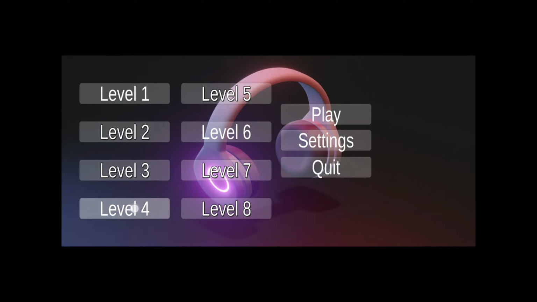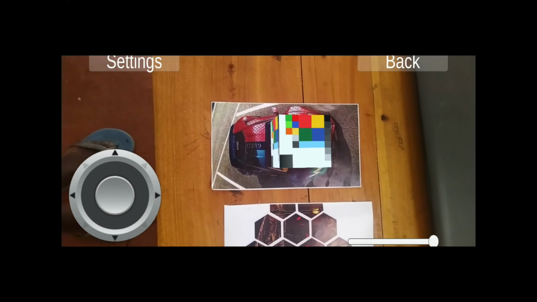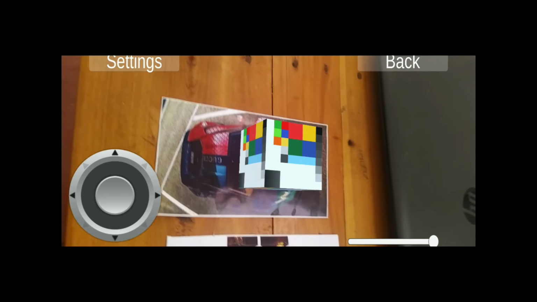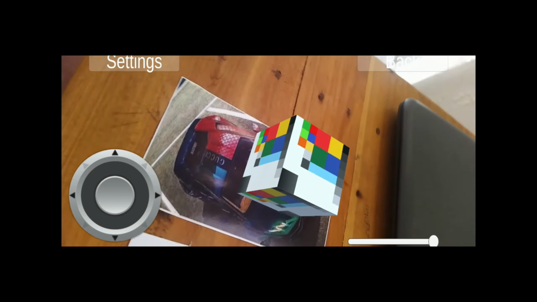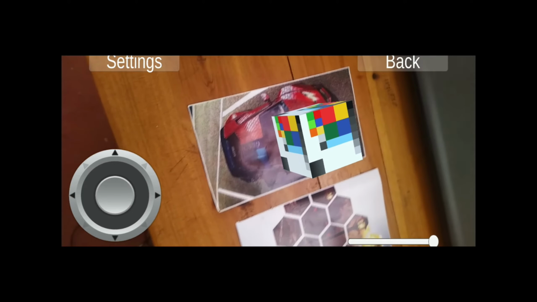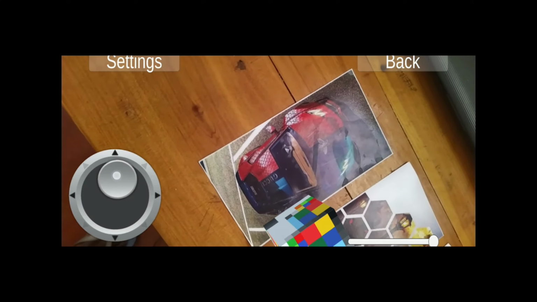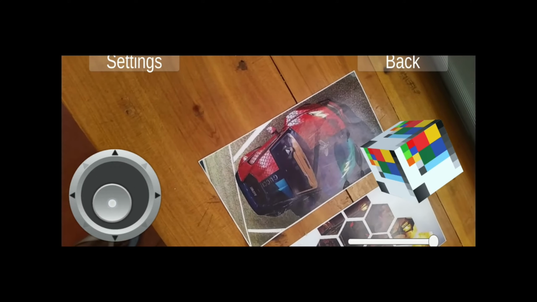These are the levels. I'm going to take you through all the levels from level 1 to level 8. In future updates, I'm going to increase the levels up to about 20 or more. On pressing the play button, at first it does not get the image, and on getting the image it displayed, and also the audio responded. As you can see, this is level 1. It shows the cube with the canvas on it.